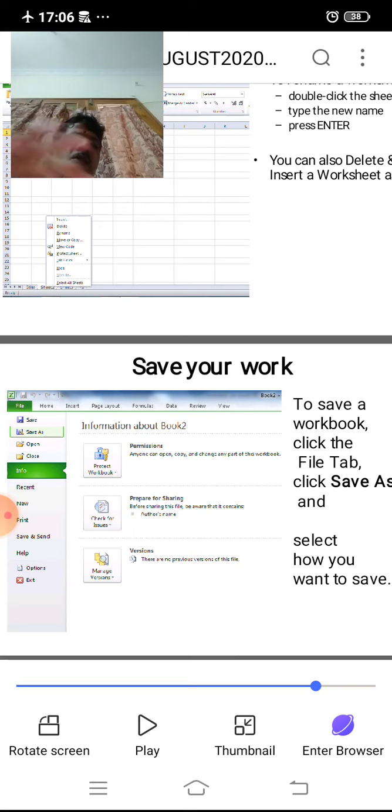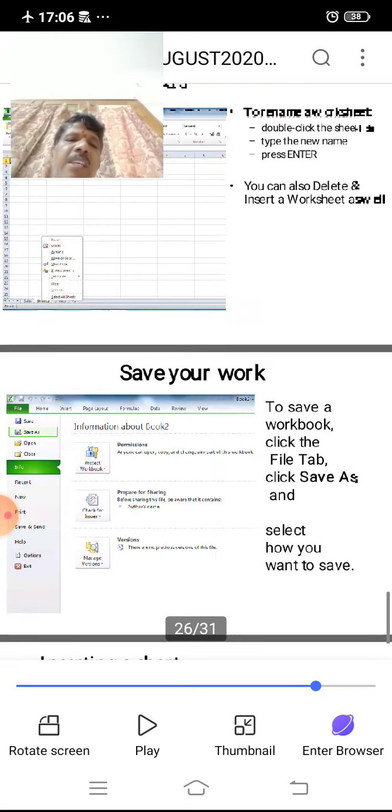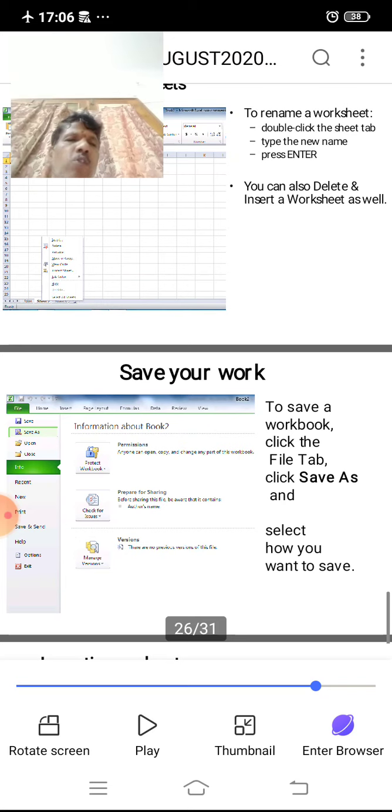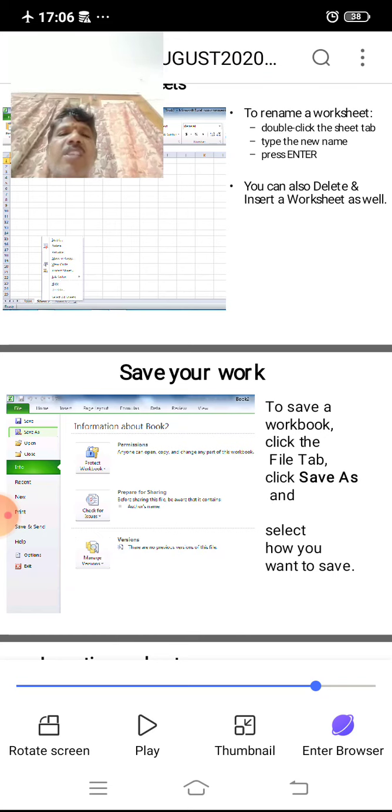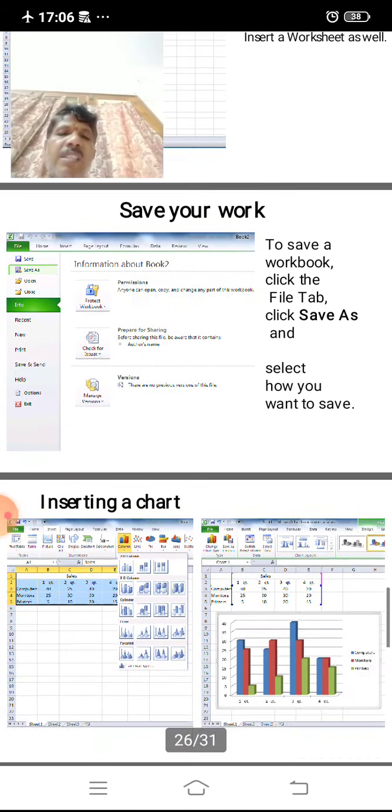If the user gives these two, with the name given by the user, the workbook is saved at the particular location selected by the user. Sometimes, if the user has not given any location, the default location defined for MS Excel is used, and the file is saved there. This is about saving.